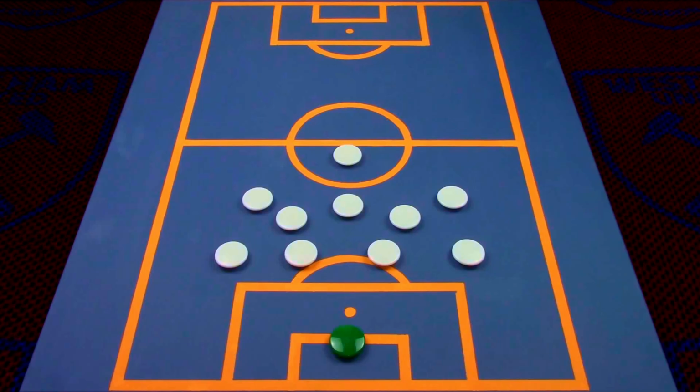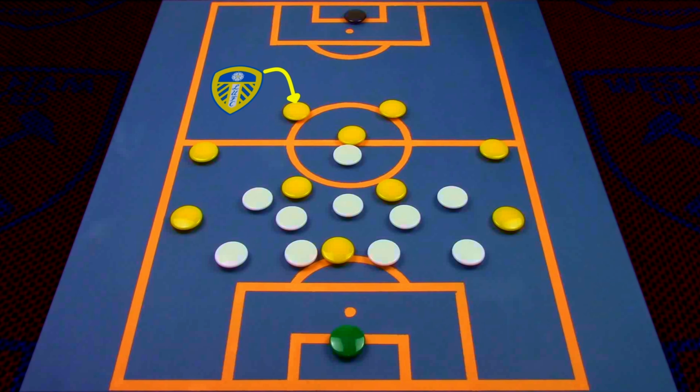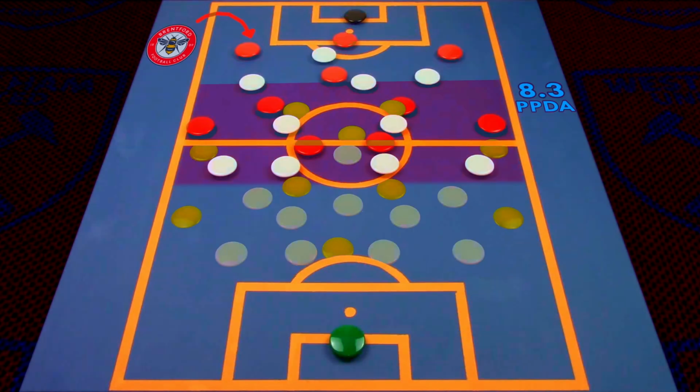But that doesn't tell the whole story, and what makes West Ham so difficult to play against is the shift in their playstyle depending on the opposition. By nature, Moyes has been recognised as a reactive tactician, shifting his team to best counter the opposition. For example, against Leeds United, his side had a passes per defensive action of 22.9, but against Brentford it was